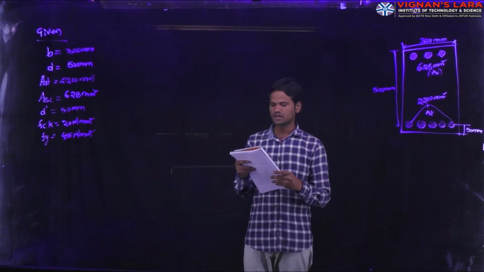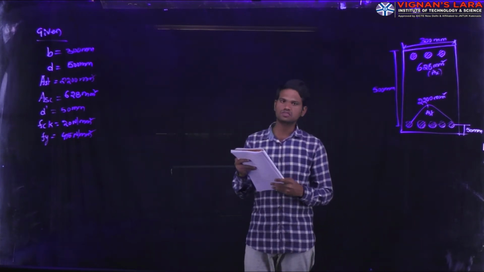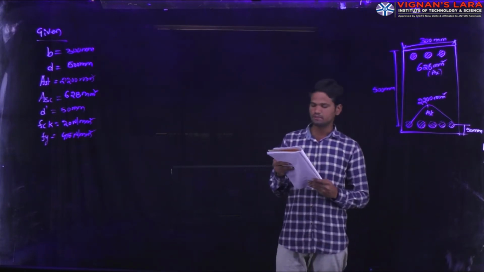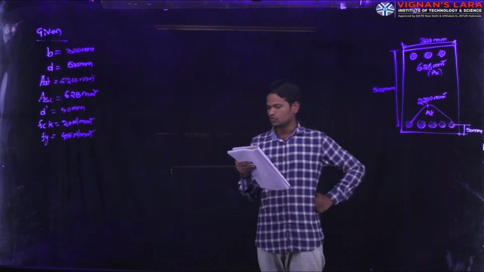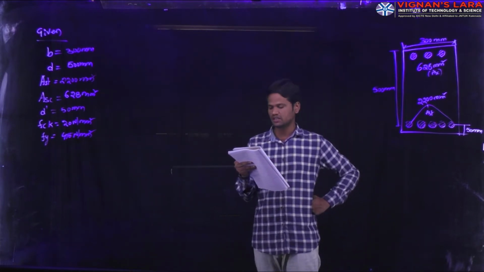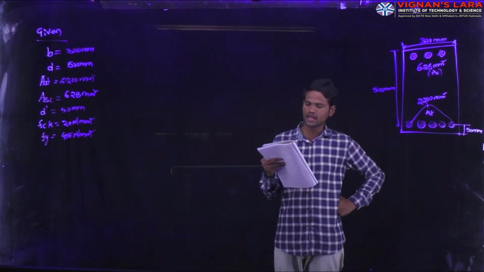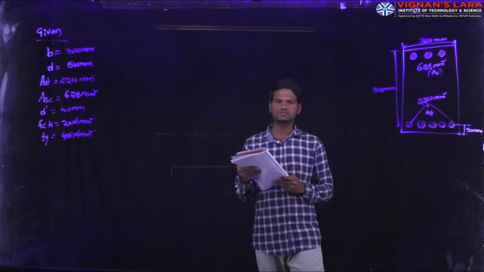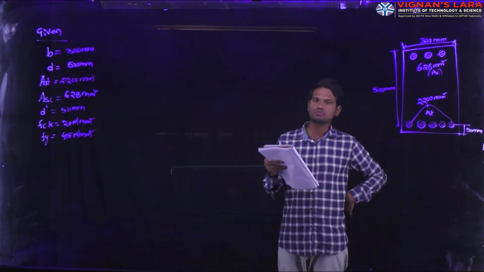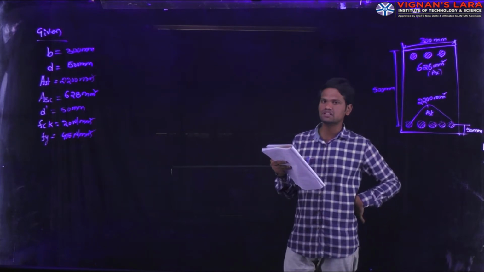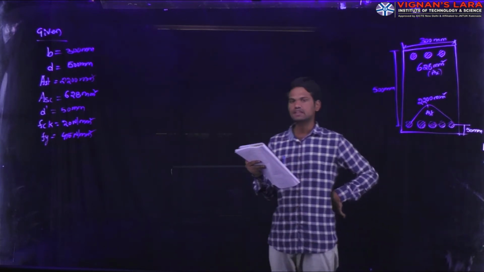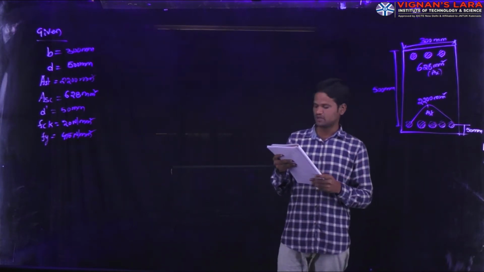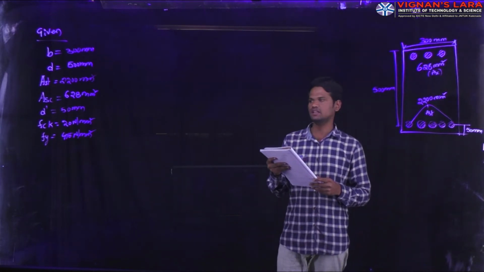A doubly reinforced rectangular concrete beam has a width of 300 mm and an effective depth of 500 mm. The beam is reinforced with 2200 mm square of steel in tension and 628 mm square of steel in compression. The effective cover for the compression steel is 50 mm. Assume that both tension and compression steel are going to yield. The grade of concrete for this doubly reinforced beam is M20 and the grade of steel is